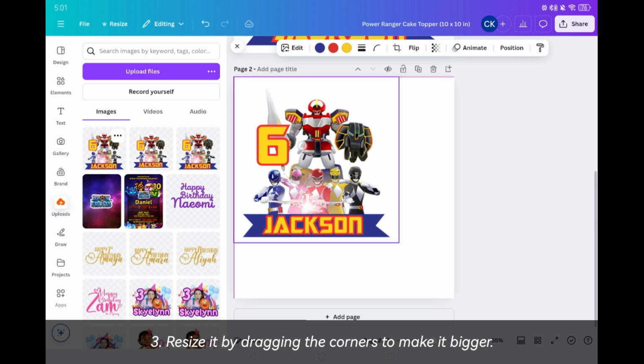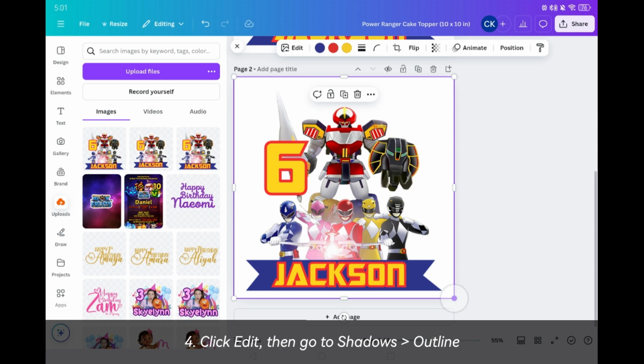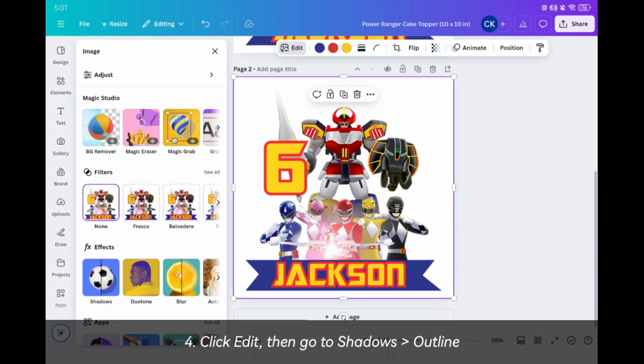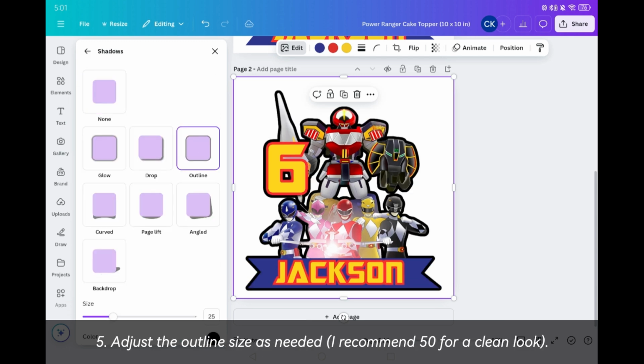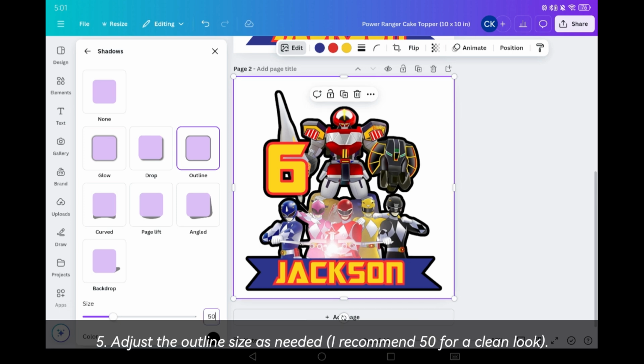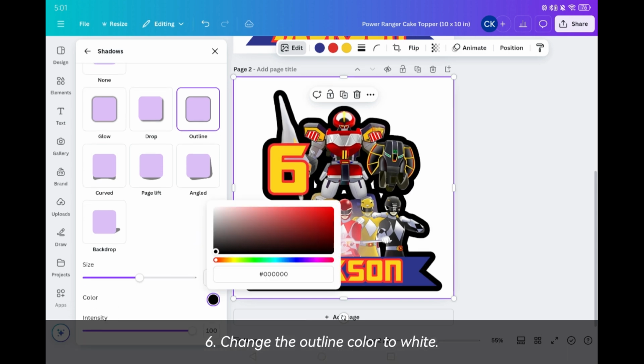So let's resize. Click Edit Image, Edit, then go to Shadows, then Outline. Adjust the outline size as needed. Change the outline color to white.